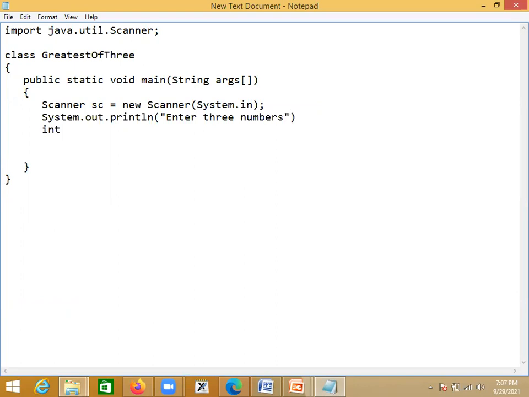Now the user enters 3 numbers. One by one you read into 3 variables. Say int a is equal to sc.nextInt. How can we read? By using the nextInt method. Similarly, read the second number and third number.